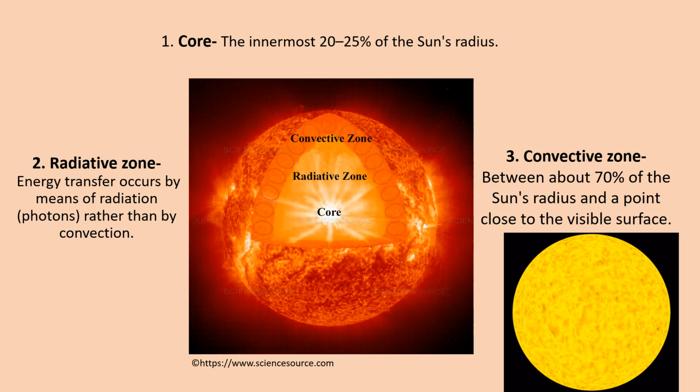The core is the only region in the sun that produces an appreciable amount of thermal energy through nuclear fusion. The energy produced by nuclear fusion occurs in the core through a series of nuclear reactions called the proton-proton chain. This process converts hydrogen into helium. The core density is 150 times the density of water. So you can assume how dense the core would be.